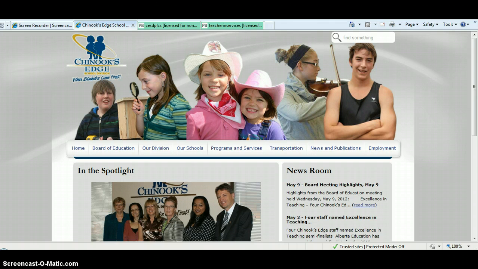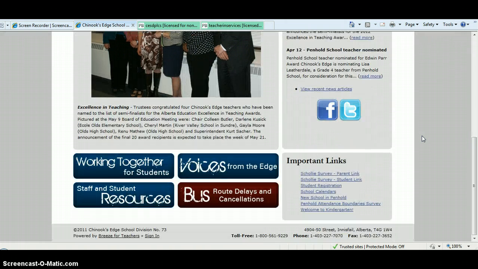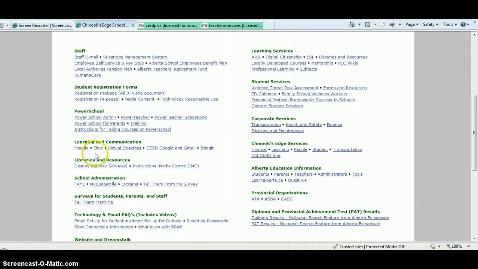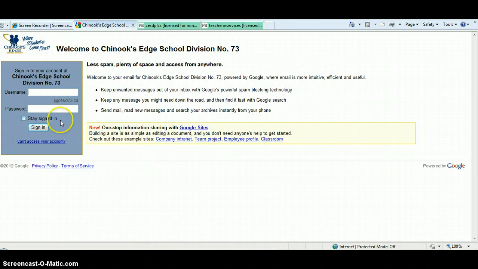If you need more information on that, feel free to contact Learning Services at CESD and we can give you a hand with that. So the first thing that you're going to do in order to access it, and this would be for staff or students, the same directions, you would go to the CESD homepage. Here you go down to where it says Staff and Student Resources, and when you're on this page you would go down to where it says Learning and Communication. You would then find the CESD Google and Gmail, which you're going to select,